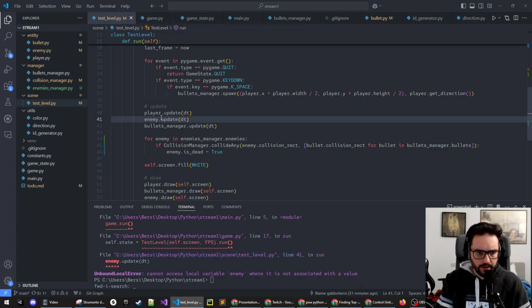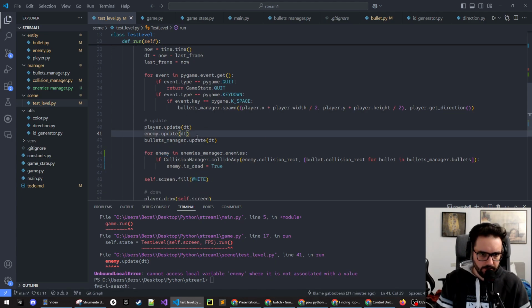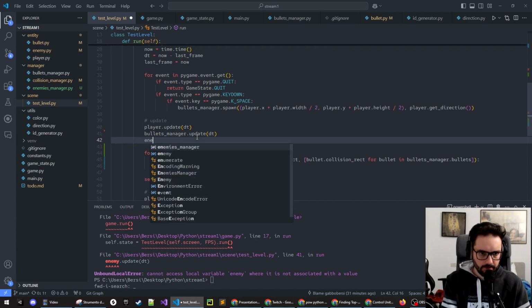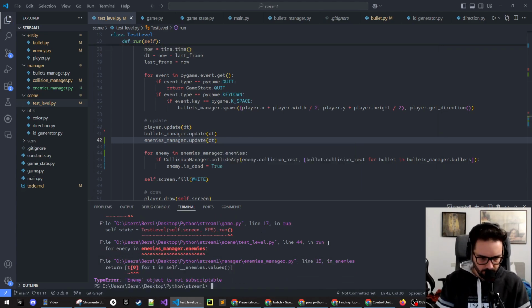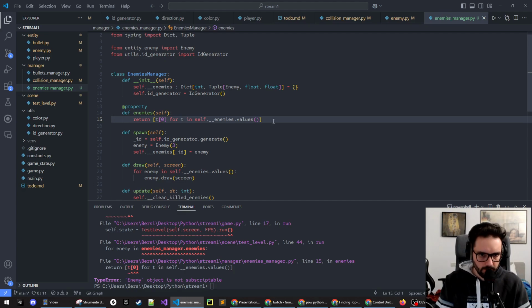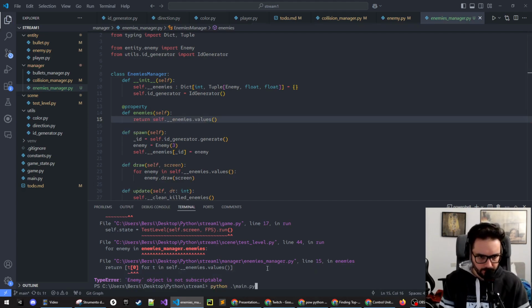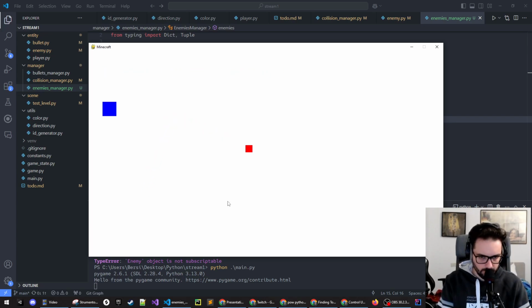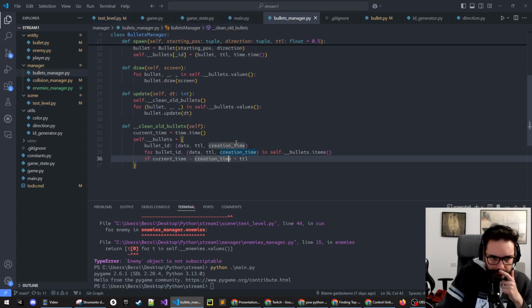Cannot touch as local variable enemies. Right. We need to update via the enemies manager. Yes, we don't have a tuple now. We can just return the list with its values. So no list comprehension, basically. Now it should work. Okay, has just stopped. Lol. Has just stopped because